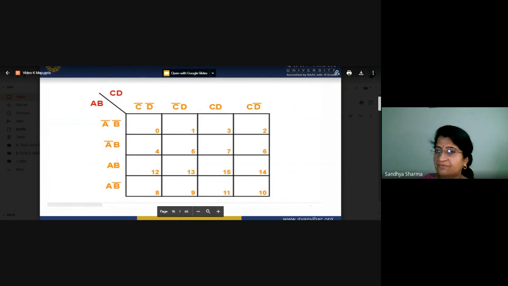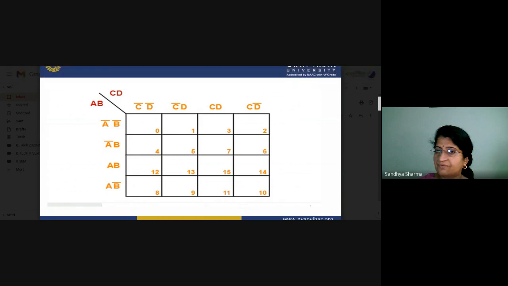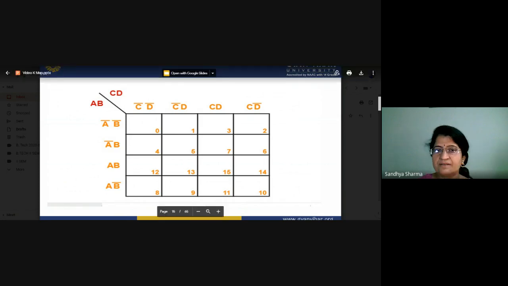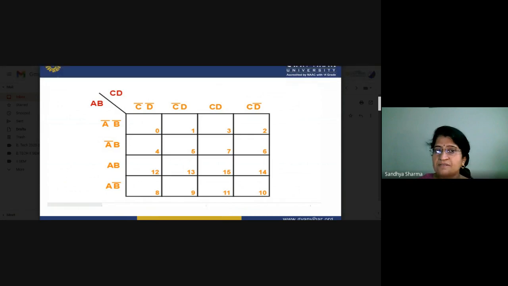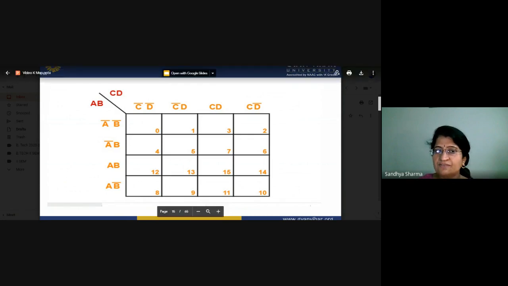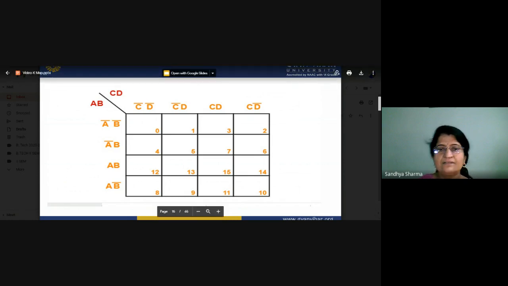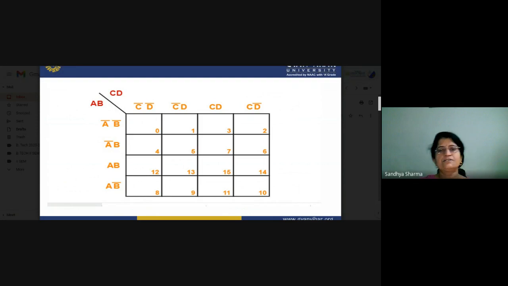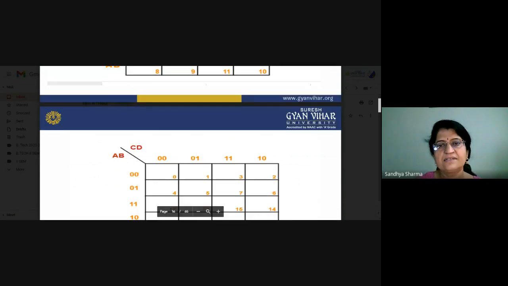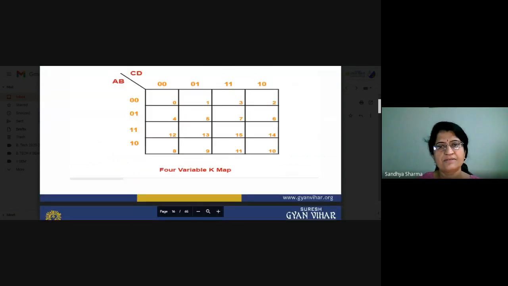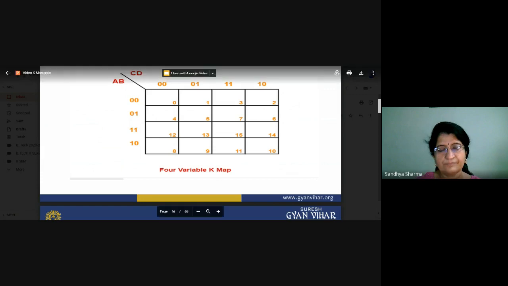1, 2, 3, 4, 5, 6, 7. Same thing is everywhere. Now what will happen? 0 0, 0 1, then this will come. So after 7 you have to again move to the last row: 8, 9, 10, 11, 12, 13, 14, 15. So this is the complete pattern or complete numbering of our four variable system. We can again see in terms of numbering, as we always do: 0 0, 0 1, 1 1, 1 0.